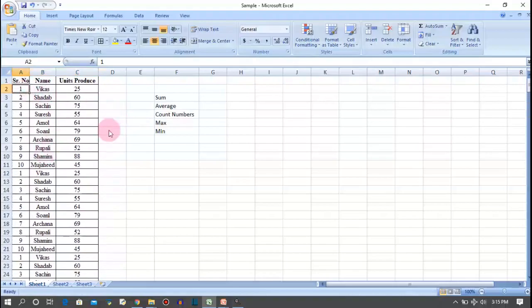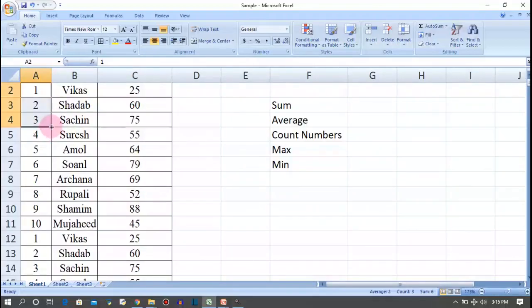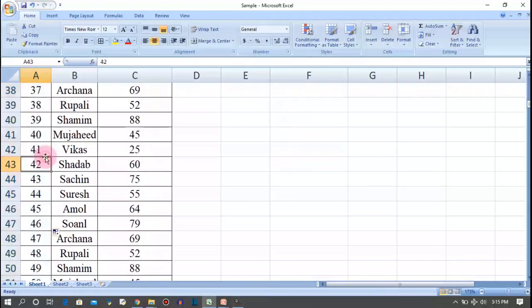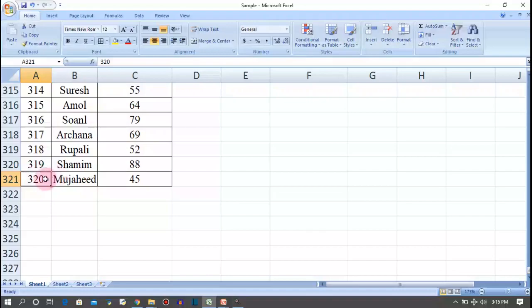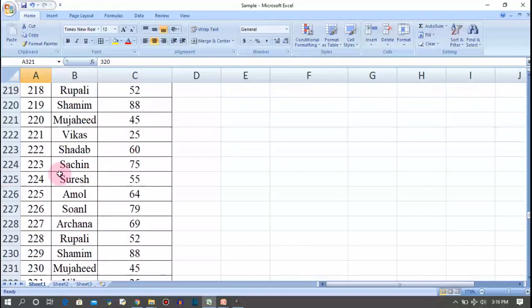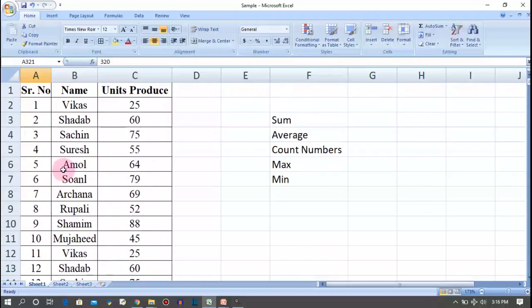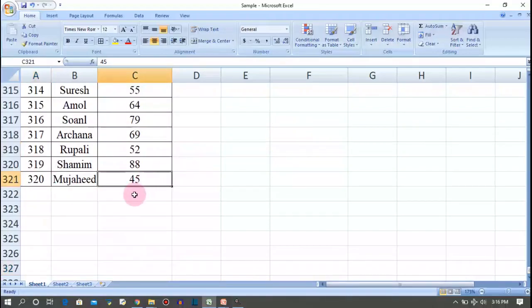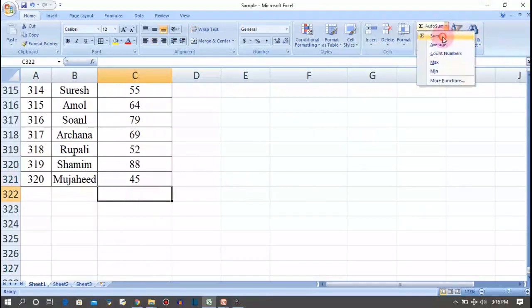There is one more feature present in Excel, that once you type 3 numbers over here, 1, 2, 3, these 3 numbers are in sequence. So we just put our mouse pointer over here and double click it. Once I double click it, see, 320, all these numbers appear automatically. We don't need to type it or drag it. So right now we have this much data. Okay, so just go to the last cell. Here is the last cell, and just click on the auto sum, enter. You get the sum as 19582, right?